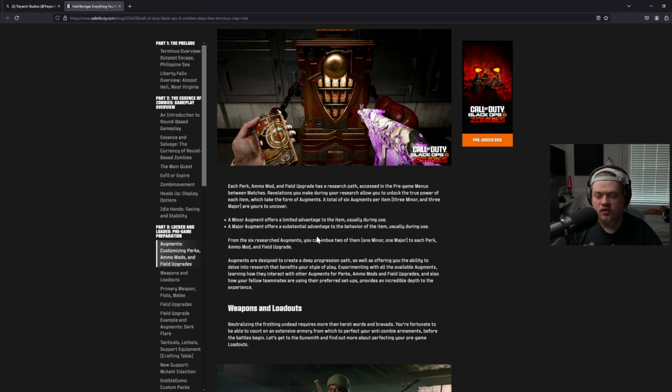A minor augment offers a limited advantage to the item, usually during use. A major augment offers a substantial advantage to the behavior of the item, usually during use. From the 6 research augments, you can imbue 2 of them, 1 minor, 1 major, to each perk, ammo mod,